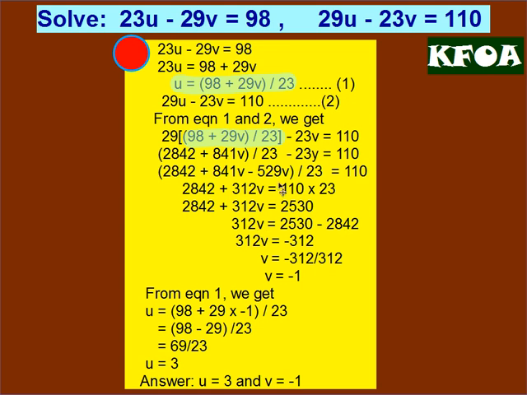You can pause the video. You can take a snapshot also, as I told you before also. You can click the picture. You can make your notes. And v came minus 1. When you substitute minus 1, your answer u comes 3. And you can check it. I am doing more sums, so you get good drill work. Please copy the question and try to do by yourself.